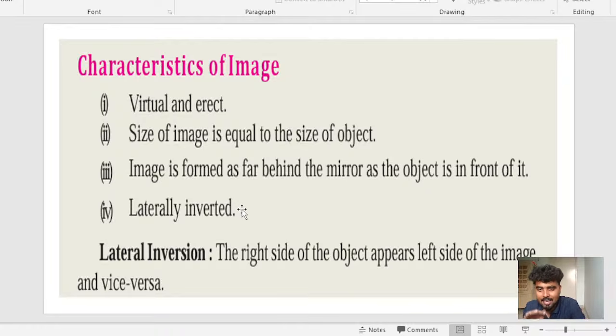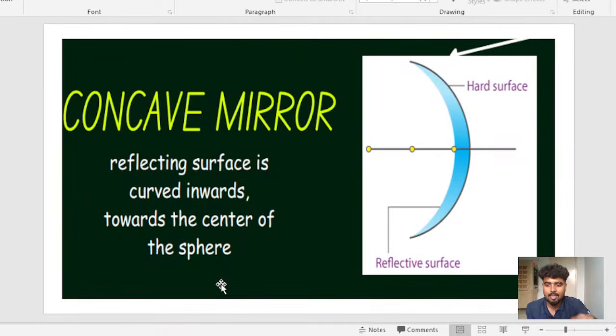What is the meaning of laterally inverted? What is meant by lateral? Lateral inversion means the right side of the object appears as the left side of the image, and vice versa. For example, when you are entering your restroom or your closet, we are going to see the reflection of ourselves in the mirror. When I raise my left hand, I see that my right hand is raised there. When I raise my right hand, I see that my left hand is raised there. Am I right? Like that. Now we are moving to the